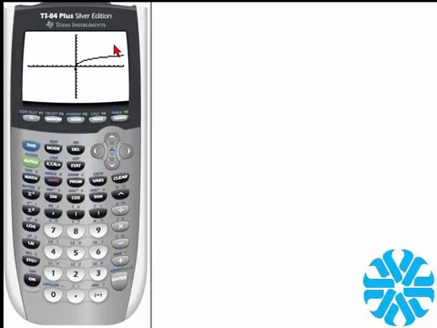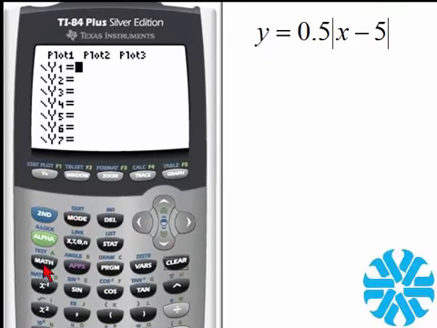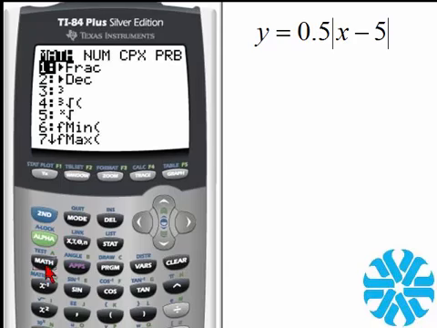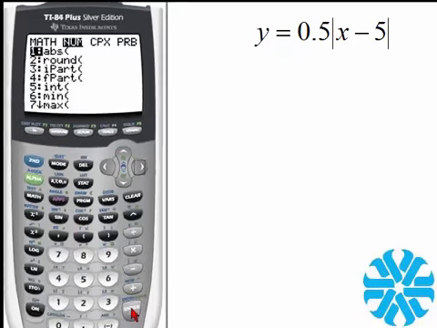Okay. Now the last example here, let's go ahead and graph an absolute value function. So let's hit y equal. We're going to clear that function. So let's go ahead and graph y equals 0.5 times the absolute value of x minus 5. So again, I'm purposely going to make a mistake here. So let's go ahead and get the absolute value, and we use the math button. So we hit that, and then we go over to num for number. So we move the cursor over, and we can see ABS. That represents the absolute value. So we hit enter,